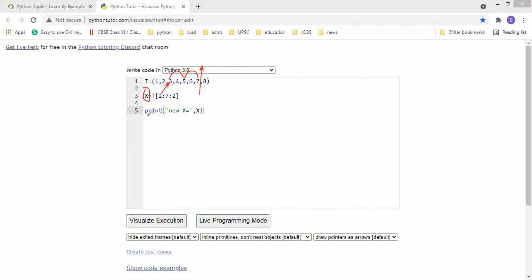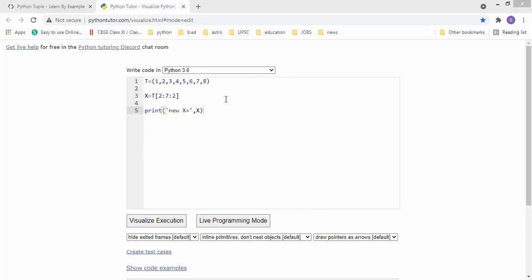Then after that I am printing x. This is also possible. You can straight away display the variable, and you can get that tuple slice and store it in another variable. If you do it like this, it creates a new variable, so you can use this x whenever you need in the future of the program. Understood?